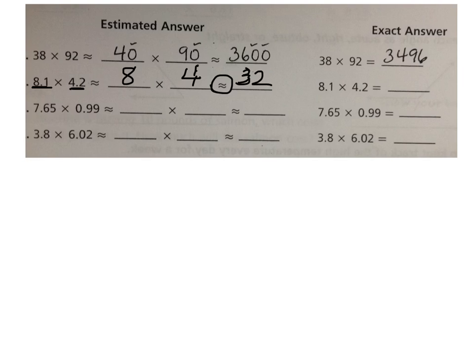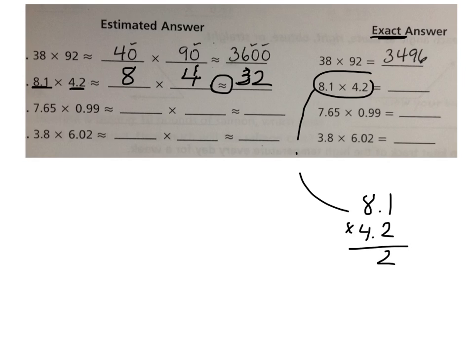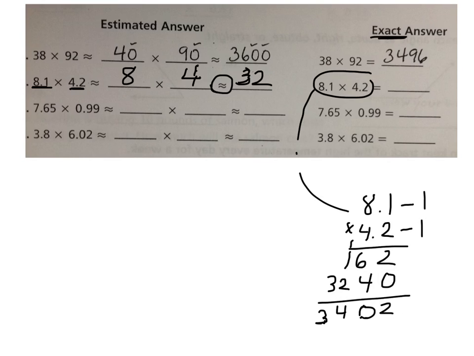32. Now I'm going to take this, and it's asking me for an exact answer, and I'm going to do it down here, 8.1 times 4.2. I'm going to do my work out. Two, three, four. My pen is being finicky. And then remember, I went over one place value and one place value for a total of 2. So I have 1, 2. My decimal point goes here. And I look to see,